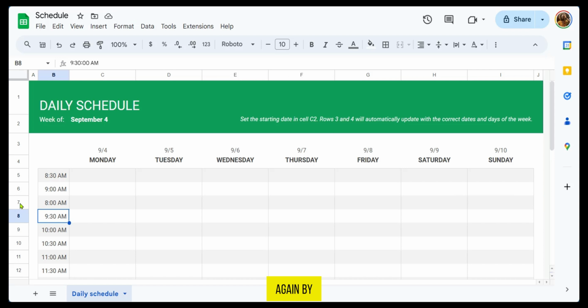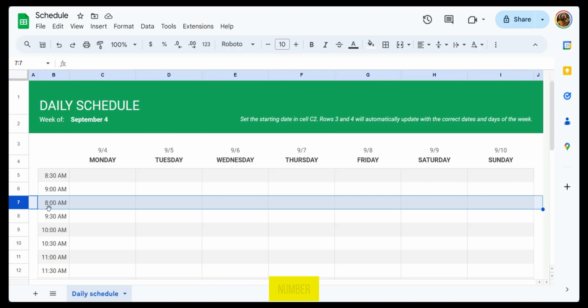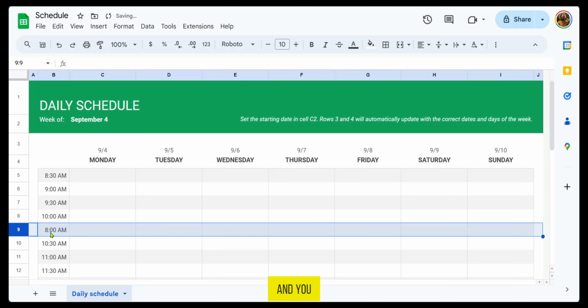We could do it again by clicking on 7, which is the row number, and then we're going to hold down Control and bring it down, and you can see that 8 a.m. is here. Alternatively, if we want to move it back up or move it any direction, we could click again